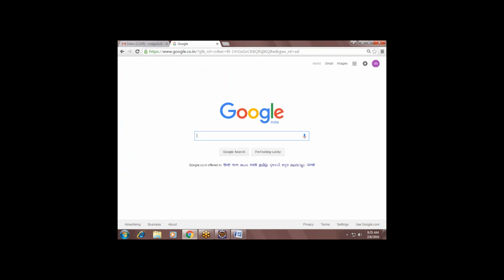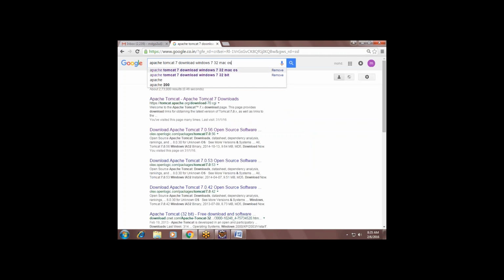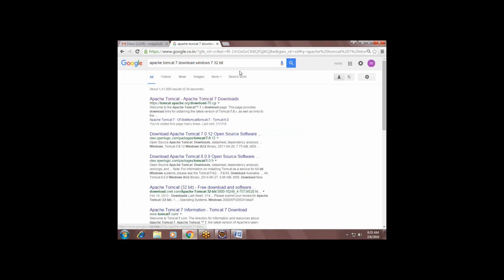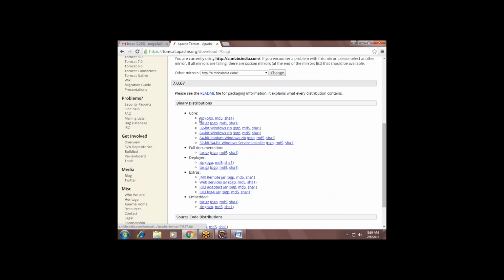See, Apache Tomcat downloads are based on your requirement: Windows 7, Windows 8, Windows 64-bit, Windows 32-bit. Just take the first one, Apache Tomcat. In this, you search for the zip file. This one or this one.